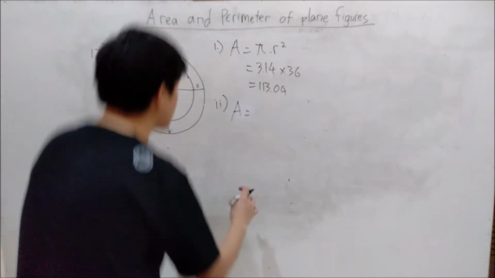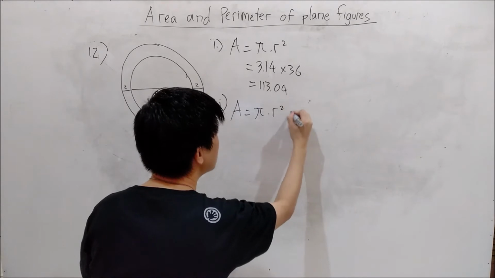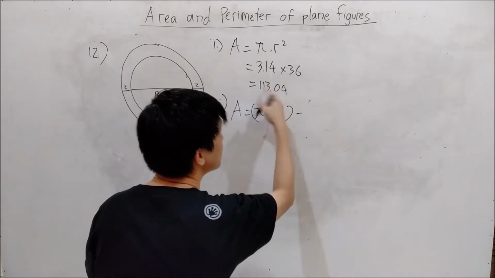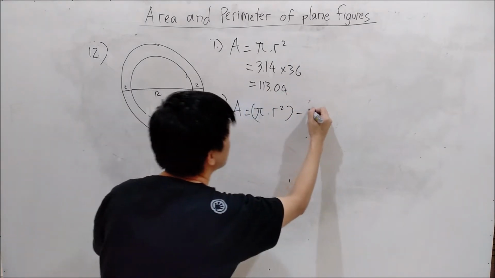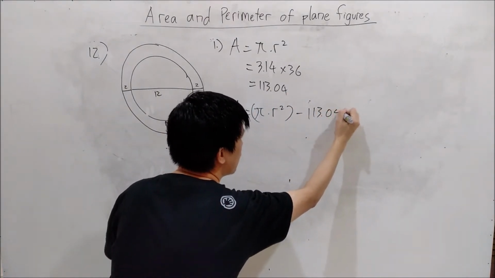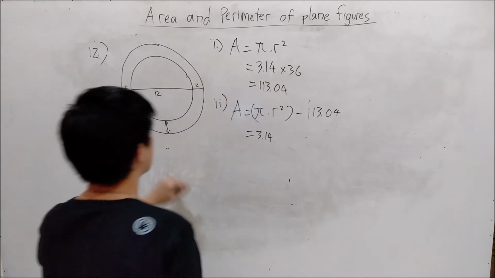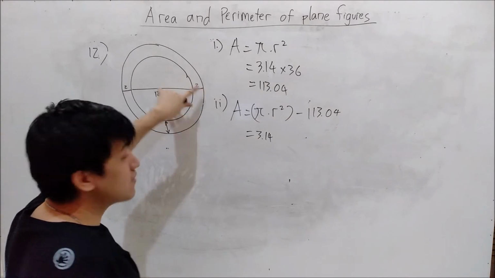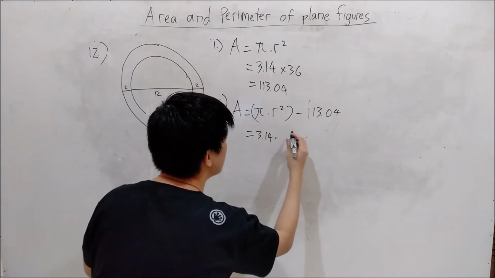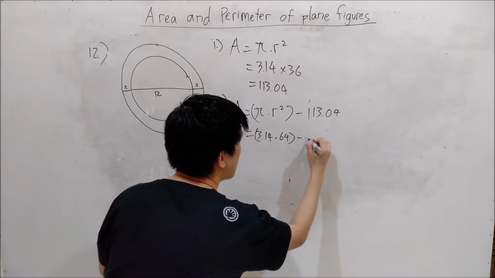So we will need to find the big circle, which is pi r square, and later on we will minus, because we have found the small circle, we don't have to do it again, 113.04. So we still use 3.14. Since the radius is 6, plus 2 will be 8. So 8 times 8 will be 64. And then minus